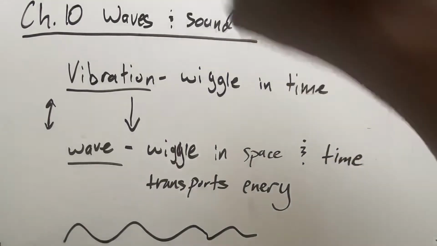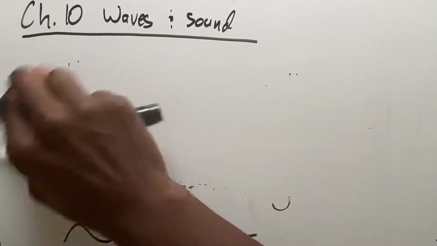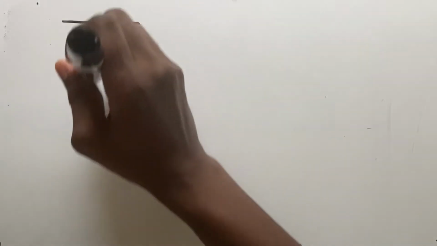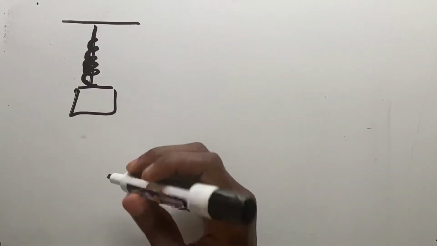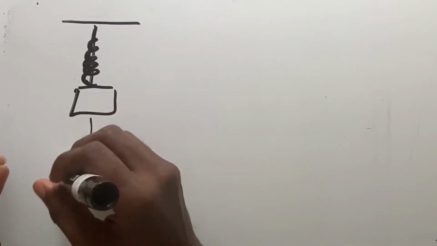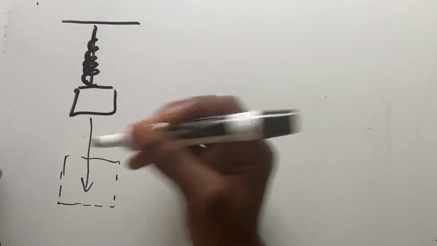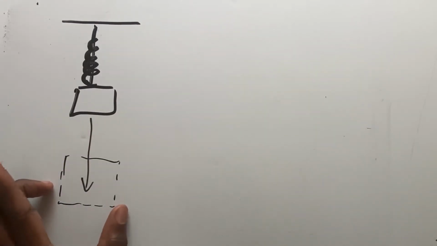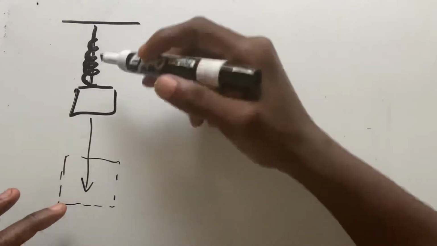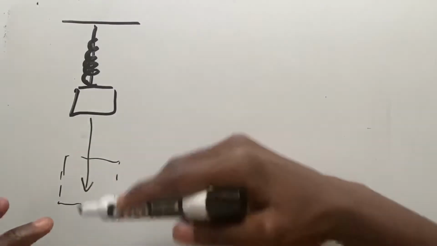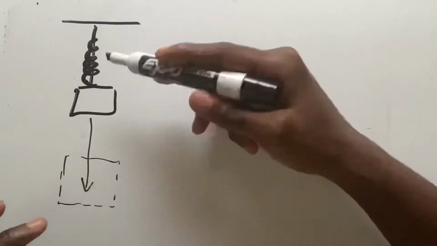So now let's think of a physical example. If we think about something on a spring, I'm going to do two examples. This box is on a spring, and I pull the box down, so now it's here. And once I let it go, it's going to go up, right? And then fall back down, go back up, fall back down, go back up, in a repeated motion. So that there is going to be our vibration, basically.